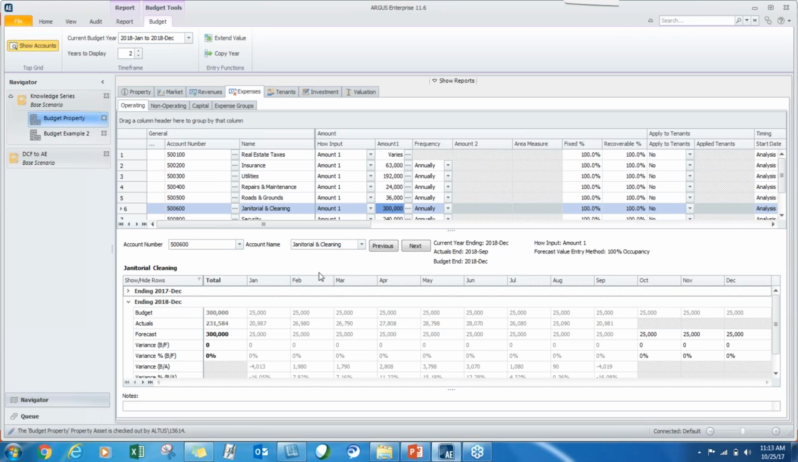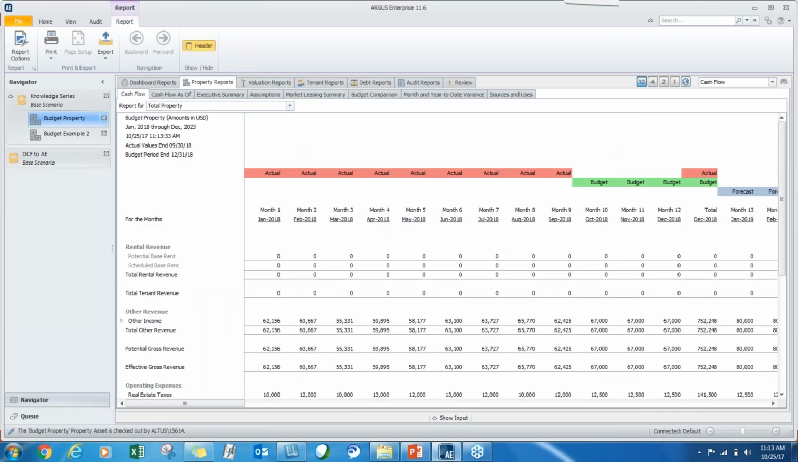So from our interface, if I hit F3, it will actually move me over to my report screen. So I hit F3, I am back in my report screen, and once I get to that report screen, I'm going to go to my cash flow. Now, from your cash flow, when you have actuals and budget brought in, I can go to my report options